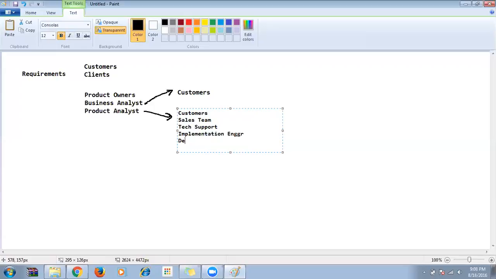They also get information from the dev team, from the testing team, from everywhere, and also from the product owners. And they also do the product study. They compare their applications with the other applications. So they do a market analysis.